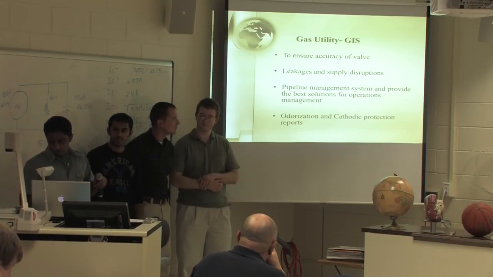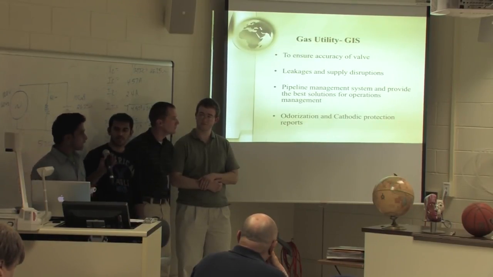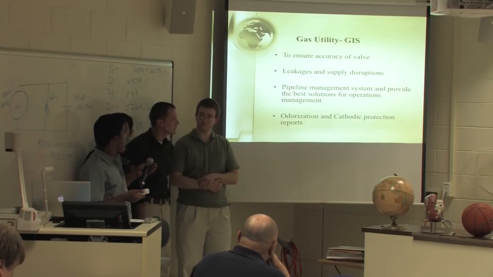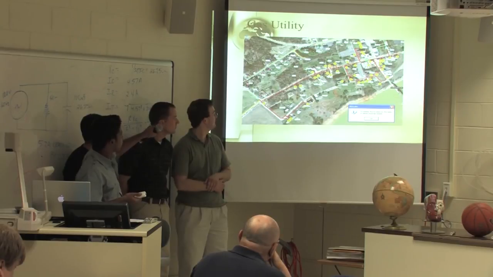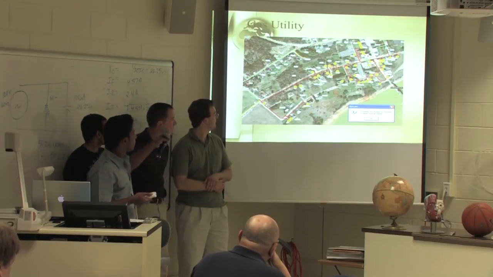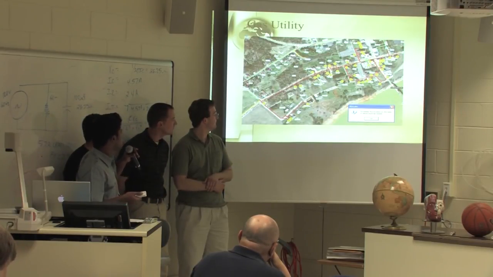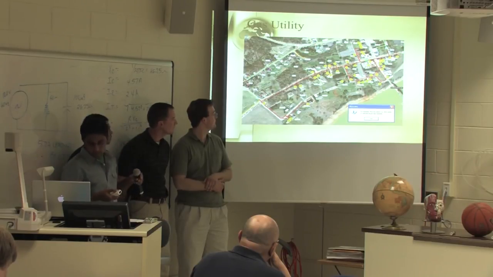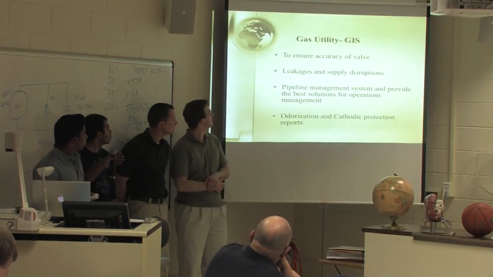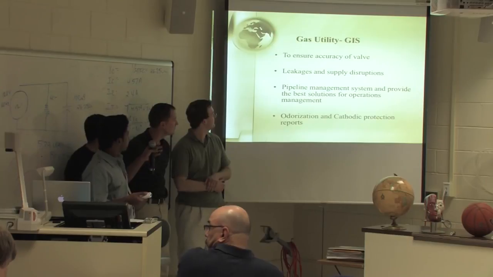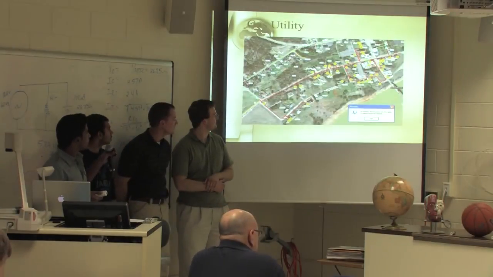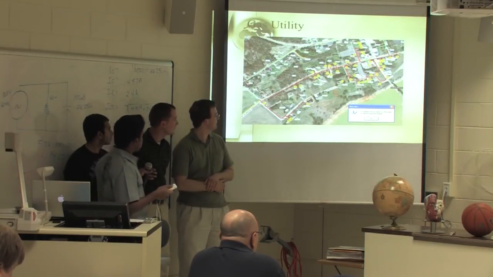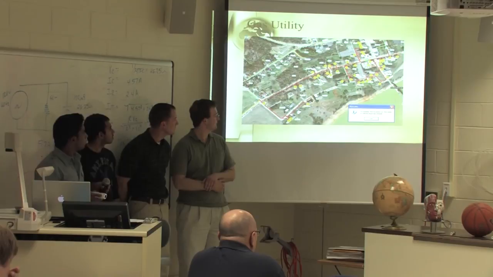And the accuracy of the valves and the regulatory maintenance has to be properly overlaid through the GIS system, like this. The pipelines have to be properly drawn, and where the leakage is, they can easily analyze it and send the response units in the meantime. And the fourth one, the authorization and cathodic protection reports. These reports are used to visualize where the leakage is greater, so that they can regulate the preventive measures